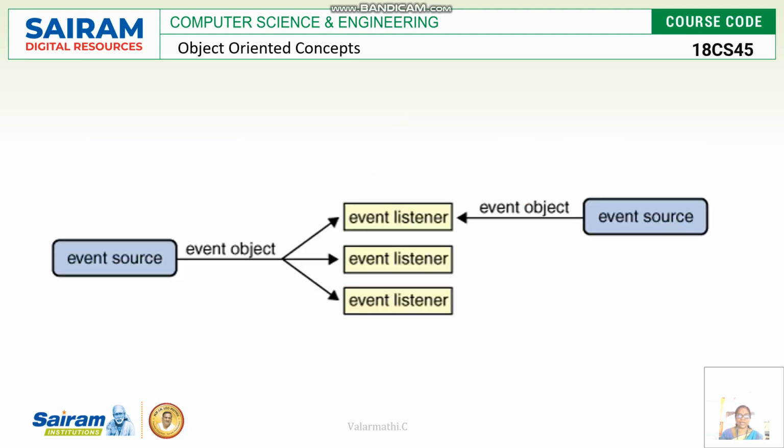And this is another diagram that shows the exact count of the relationship between the source and the objects. Say for example, if you take one event source, it may have n number of listeners and it may have n number of objects also. If you take one source, the mouse,